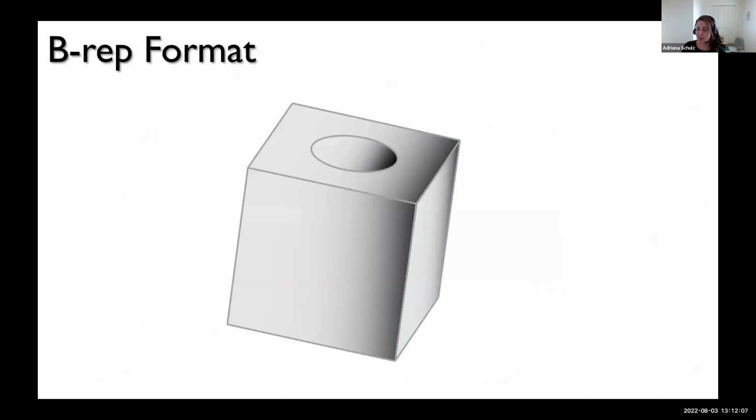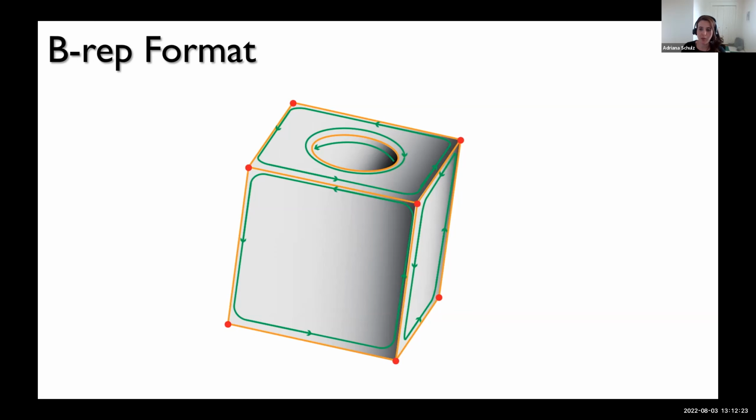So as you probably know, since you work with CAD, a BREP format consists of faces, edges, vertices, and loops. And this is the topological information. And then associated with each of these topological entities, we have geometric primitives, right? So for example, there's a plane associated with this face, there's a circle associated with this loop, line with this edge, and a point with this vertex. So our question is, well, how can we learn using this format?